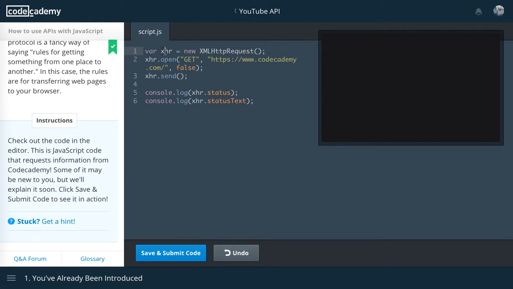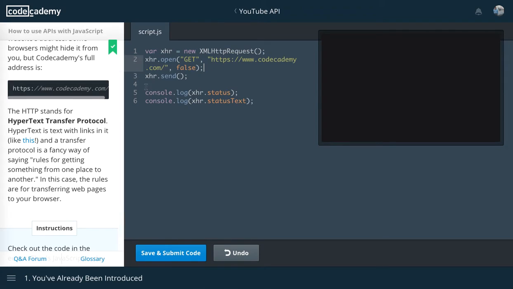This is saying var XHR, which stands for XML HTTP request, is equal to a new XMLHttpRequest. More commonly used now is actually JSON, but this is just what stuck because that's what was used in the past. Then it's making a call to this open method on this object, and this takes in 3 parameters. First, it takes in the verb, and this is a GET request, which means we're getting some data. Here's the URL, and the third parameter, I'd have to look it up exactly,